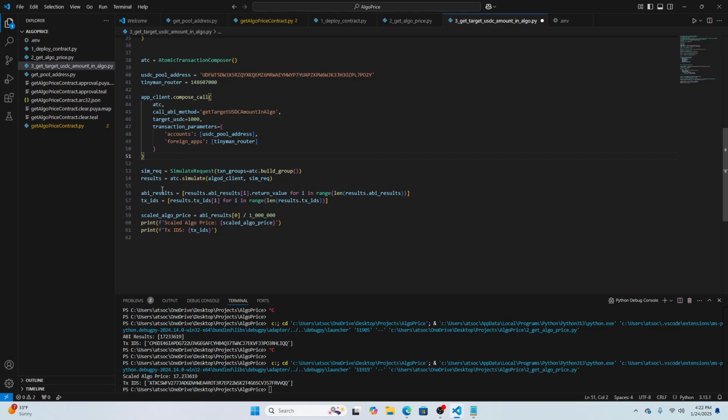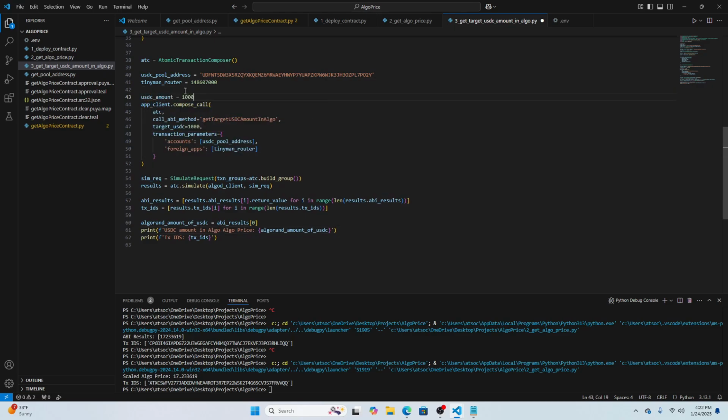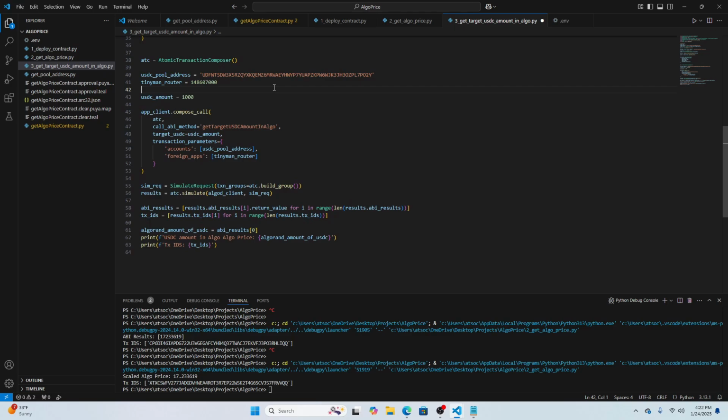We can now simulate again. The scaled algo price is not going to be divided by a million anymore. It's not even going to be the scaled algo price. It's going to be the Algorand amounts of USDC. ABI results, 0th index, first position. And we can even state here USDC amount is equal to 1000. And if we run this, we get 580, which is basically,